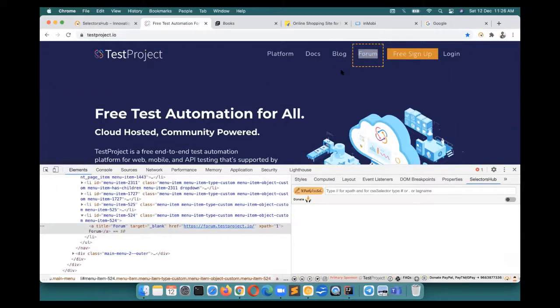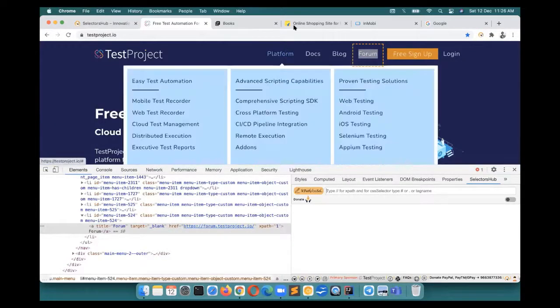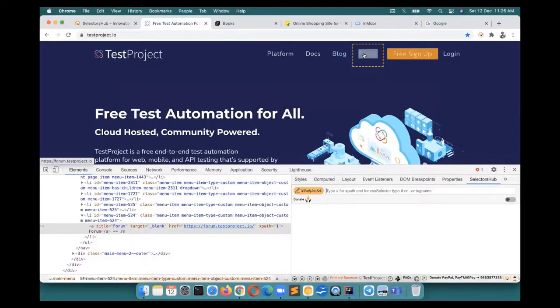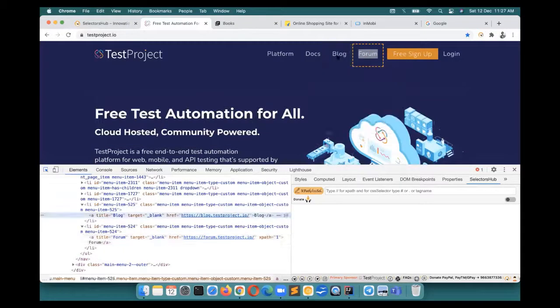So what we have to see here, let me first tell you the concept, how there could be multiple concepts, by the way, to write XPath with respect to some other element. One I'm telling you, suppose we have to write an XPath for forum with respect to blog. How will we do that first? My approach will be, first I will write an XPath for blog, then I will try to find the common parent for both the elements. Then from that parent, I will jump to this forum. So let's see. The question is, we have to write the XPath for forum with respect to blog. First, I will write the XPath for blog. So how do we do that?